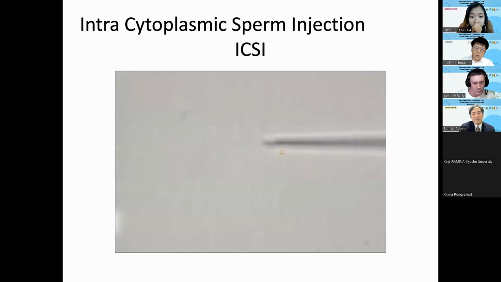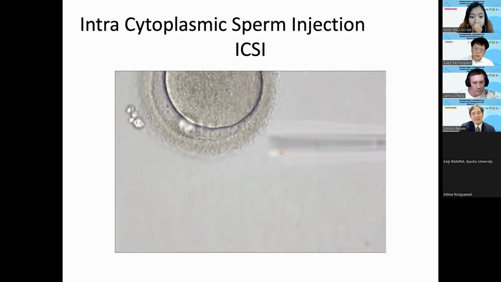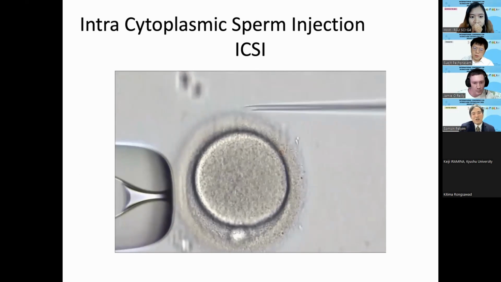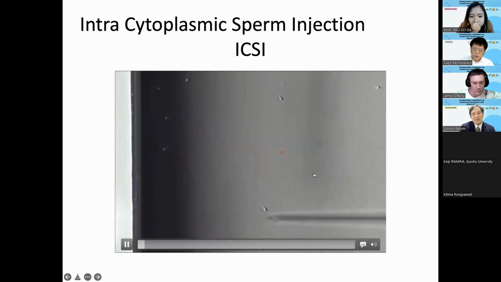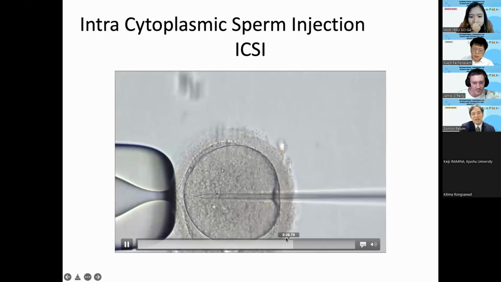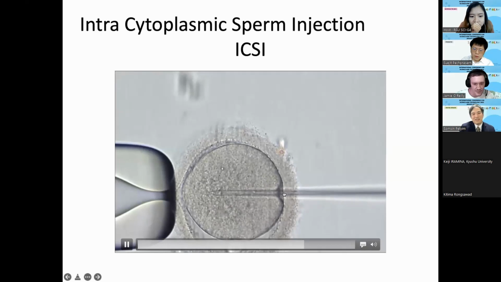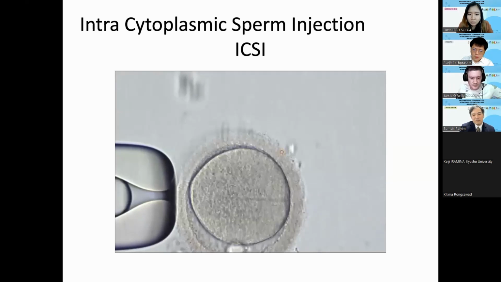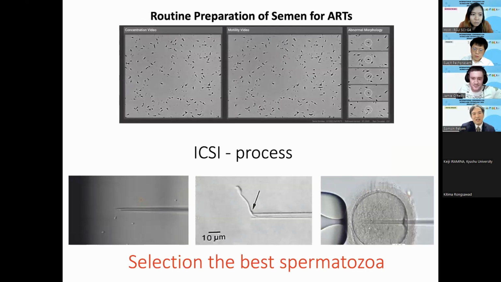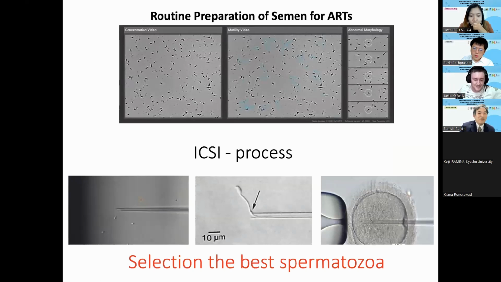And then we meet the egg and try to inject the sperm. You can see the sperm inside the needle, and when we put the sperm into the egg with the needle, that's an ICSI. But with ICSI, we need one sperm for an egg, so it's quite difficult to find a